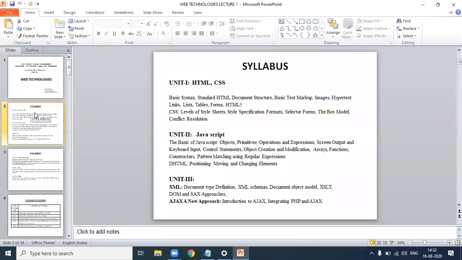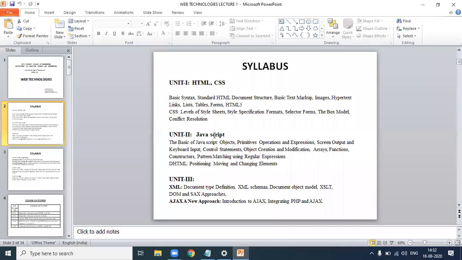If you want to design a web page or any website, you must know HTML and JavaScript.